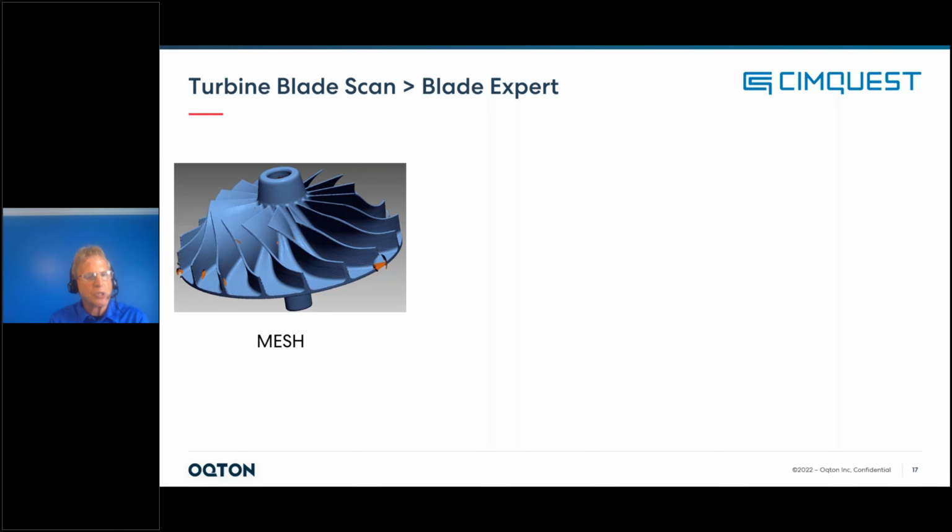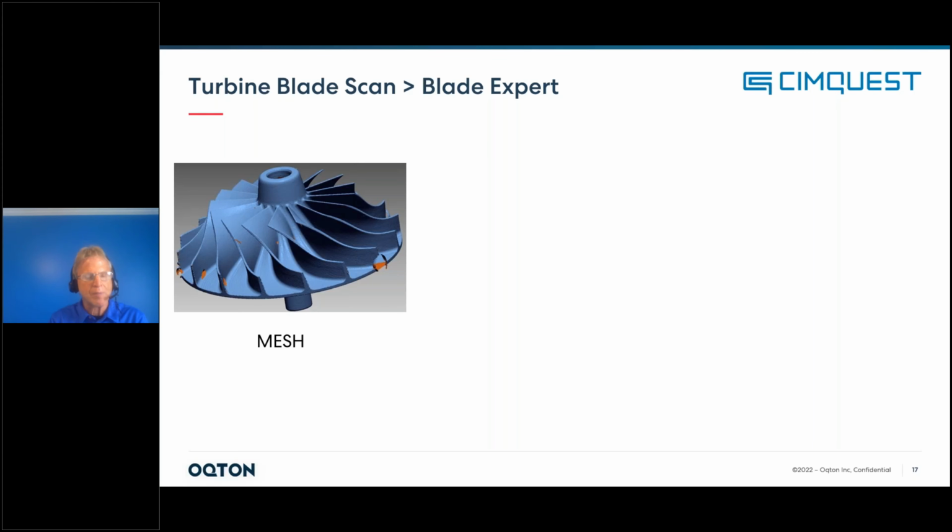We notice those orange patches are actually holes or defective areas in the scan. When we're scanning for reverse engineering, and we have something like a turbine blade where we have blades that are in a repeated pattern, we really don't necessarily need to scan the entire turbine. We can really just scan a handful of blades here. So all I really cared about was having a few blades that had good scan quality that I can use